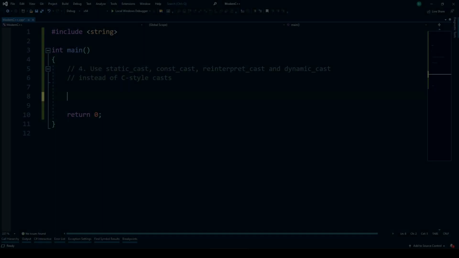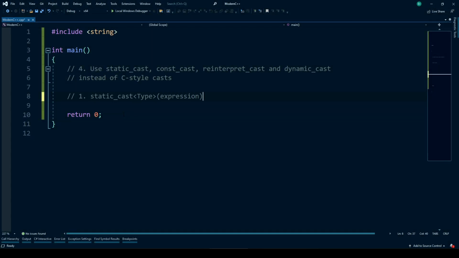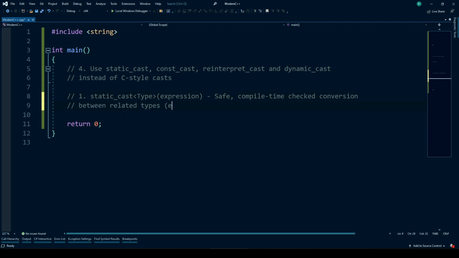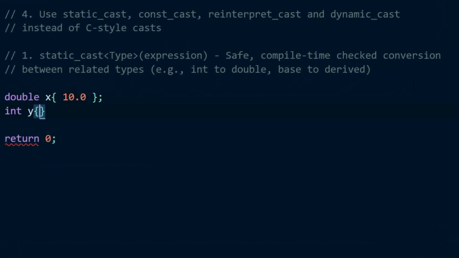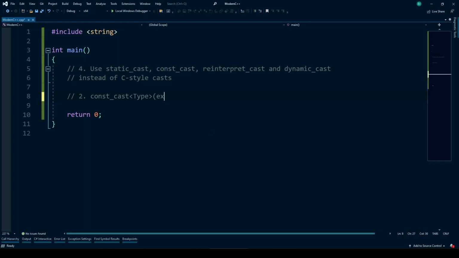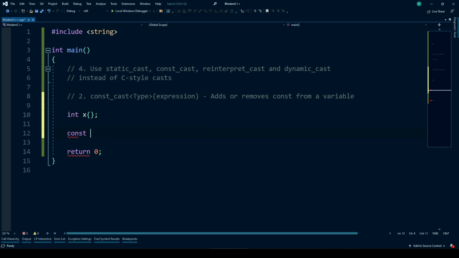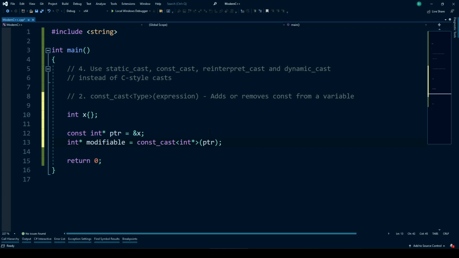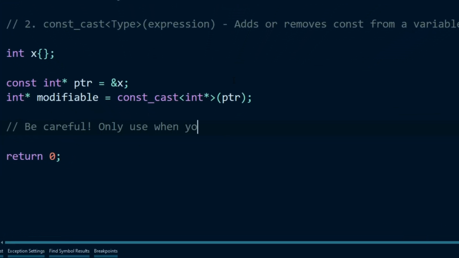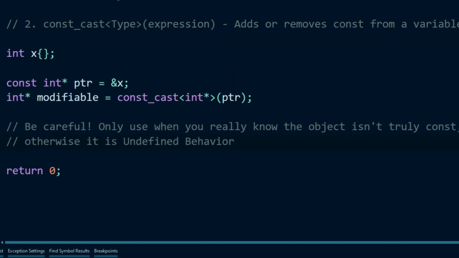not allowed. Static cast is used for safe, compile time checked conversions between related types, for example, int to double or base to derived class. Const cast adds or removes const from a variable. Be careful with this cast, use it only when you really know the object isn't truly const, otherwise it is